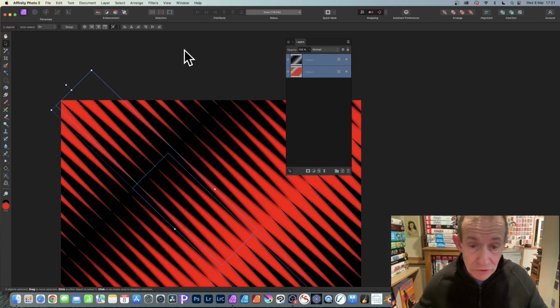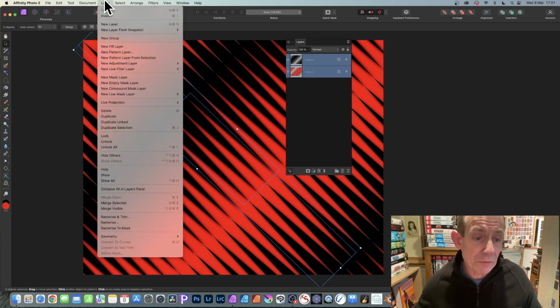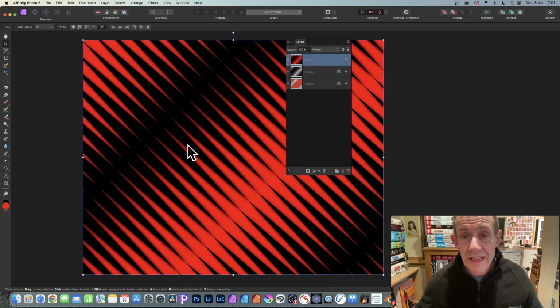But also, once you've got your design, you can use Merge Selected. The result isn't always great for some weird reason. So I would suggest simply go to Layer and down to Merge Visible. So it's all merged into one pixel layer. And you can then manipulate this though. You can add some effects. You can also